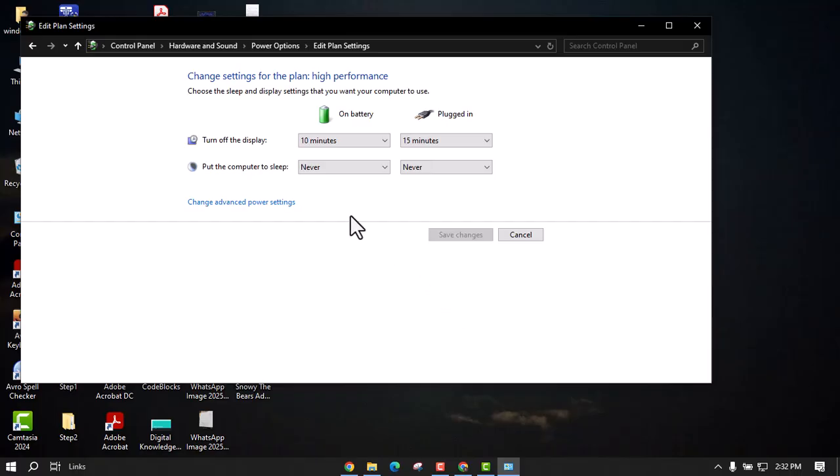And once you have made the changes, just click on save changes. Otherwise, the changes you have made won't be applied. So yeah, this is the easiest way you can keep your laptop or